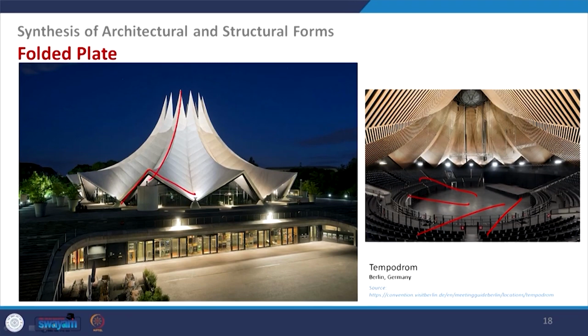So, it is giving the strength. The ridge and valley will have different compression and tension; we will talk about that in detail also. This is something we can see: instead of a plain surface or domical surface that we have seen in many of the historical buildings, here it is created with the folded plate,